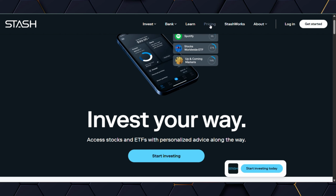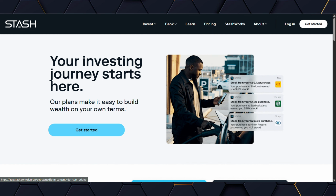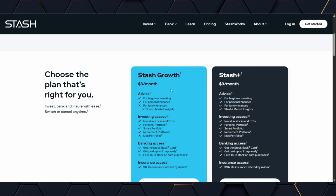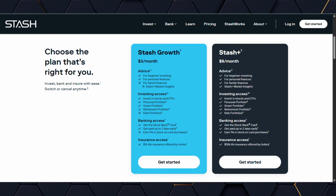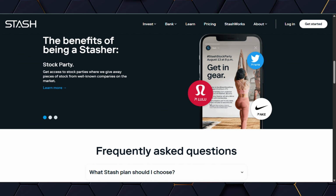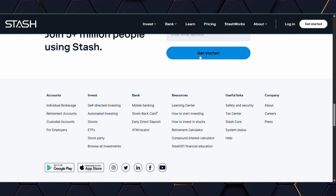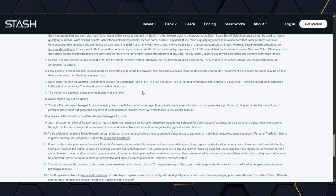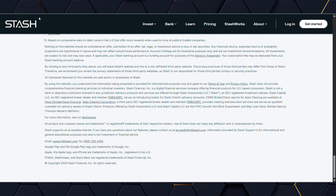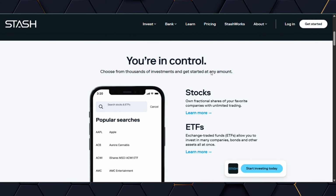Now let's talk about pricing. Stash offers 3 subscription plans. The starter plan at just $1 per month, the growth plan at $3 per month, and the Stash Plus plan at $9 per month. This structure allows you to choose a plan that fits your needs, regardless of whether you're just starting or looking for more comprehensive tools. Plus, all plans include access to a variety of investment options, from stocks and ETFs to bonds, so you can